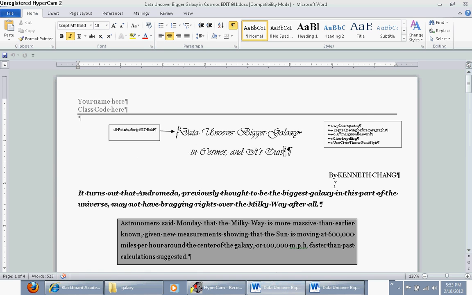So that says that we need to make this 1.5 line spacing. We need to add spacing in between paragraphs. We need to change the margins to 1/2 inch all around. Check the spelling, and then change the theme to something called Civic. So to do that,